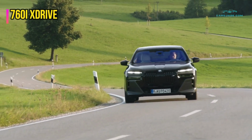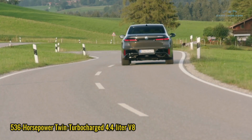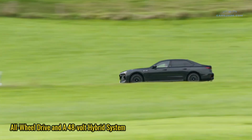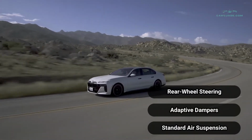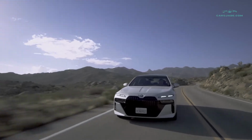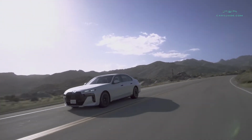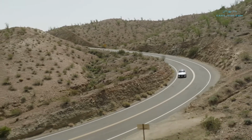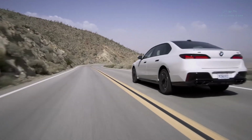760i xDrive. A 536 horsepower twin-turbocharged 4.4-liter V8 with standard all-wheel drive and a 48-volt hybrid system. With features like rear-wheel steering, adaptive dampers, and standard air suspension, the 7 Series delivers an unexpectedly agile driving experience while prioritizing comfort. The 2026 BMW 7 Series offers a range of trims to suit varying tastes and needs, starting